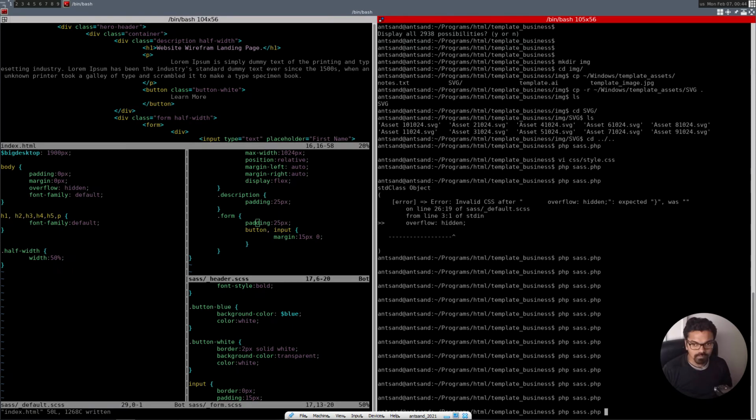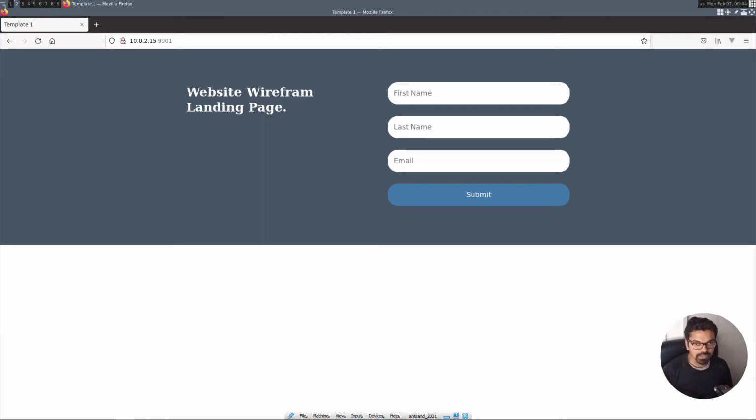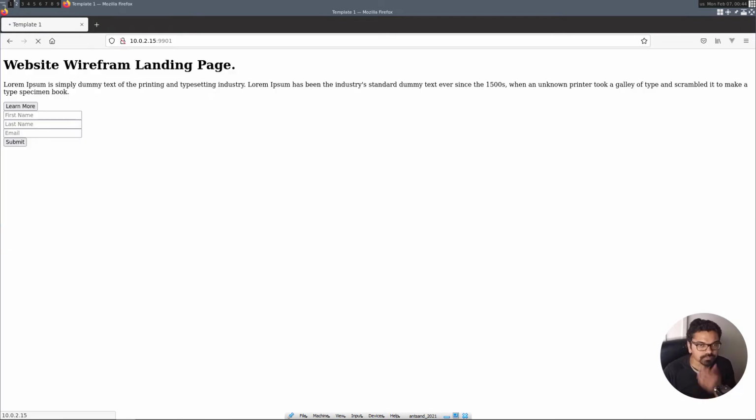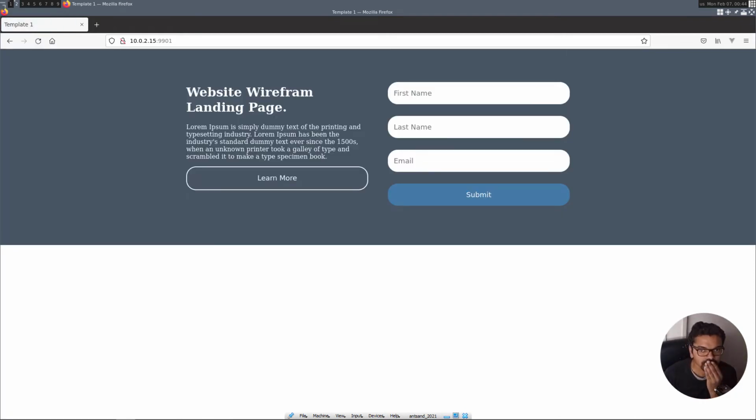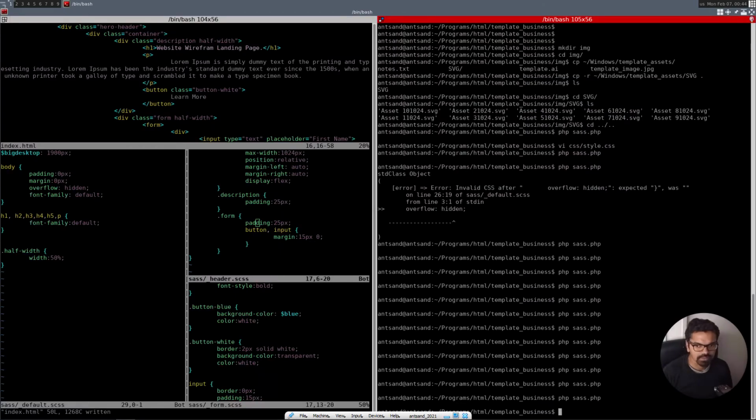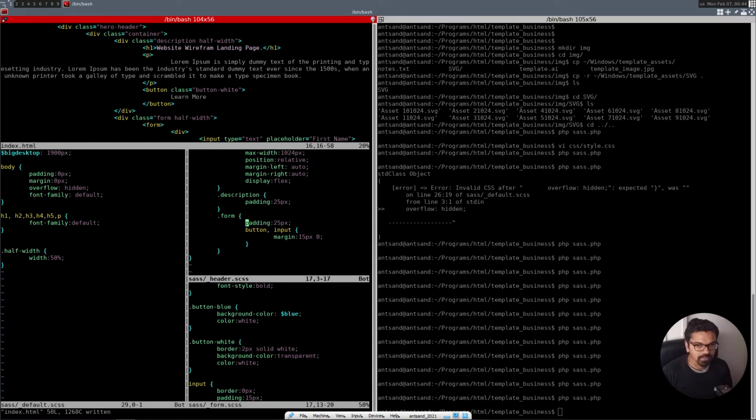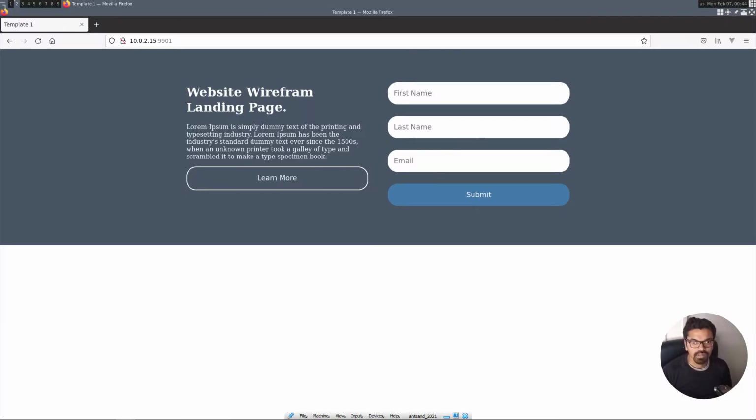Alright, let's compile this and see how it goes. Actually, you know what? Getting there. Still a little bulky, but too big, I would say. But we'll try to create a line height of 1.5, no matter what body, and